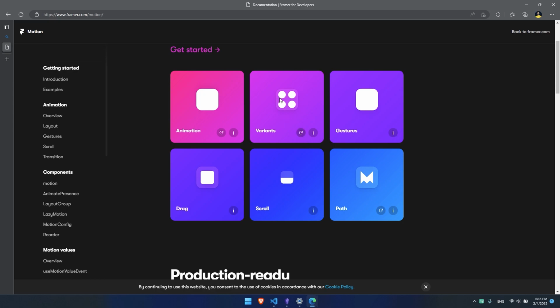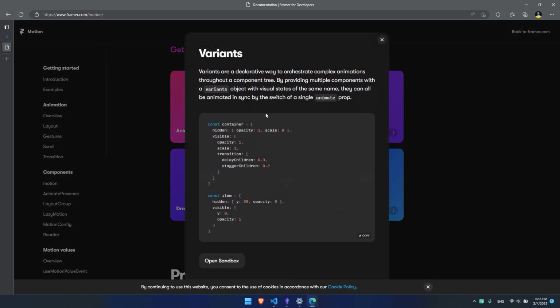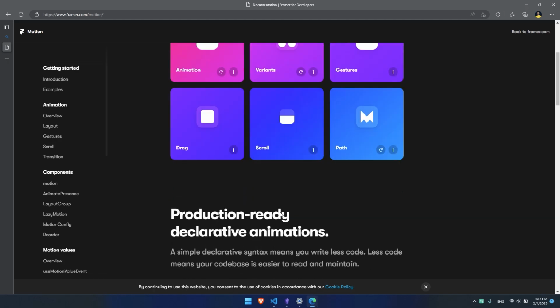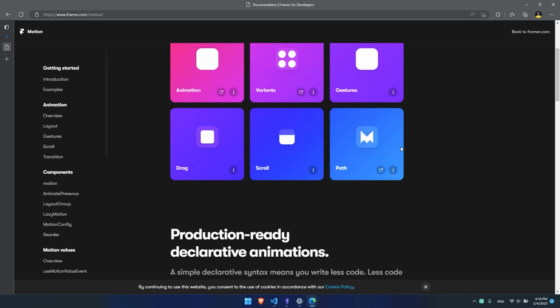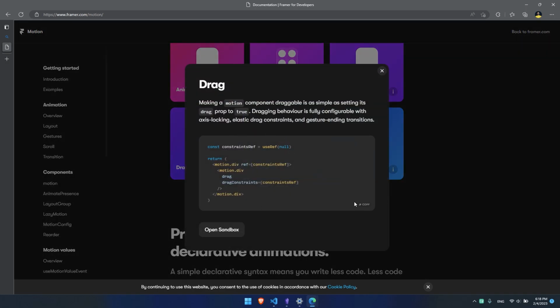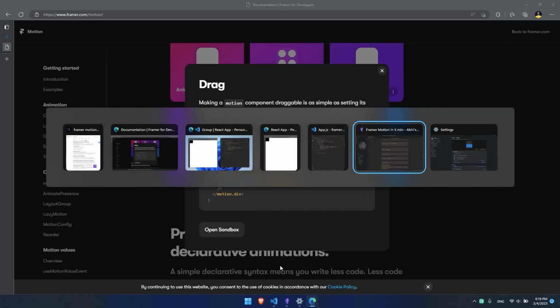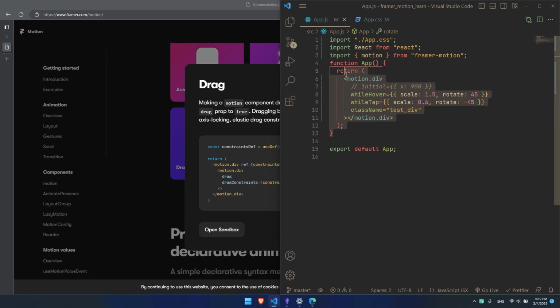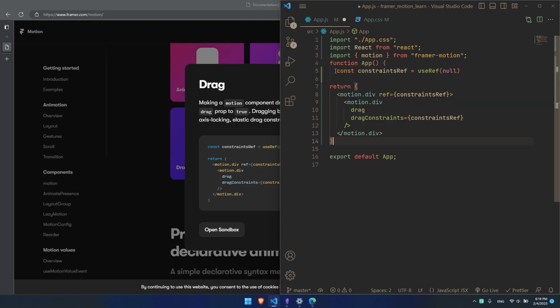But there are others as well. For example, variants. Inside one div, you can have multiple small divs that come one after another, as variants. And you can check this out, as well as the scroll features, path animation, and drag and drop animation. You can just copy it, bring it into your project, remove the original one, and put it here. You need to